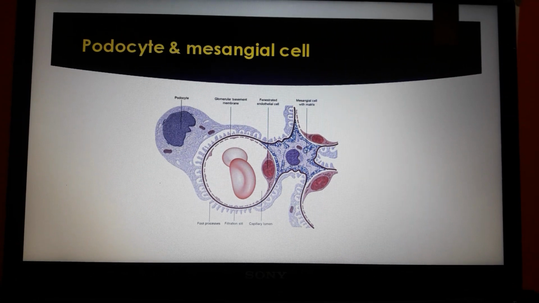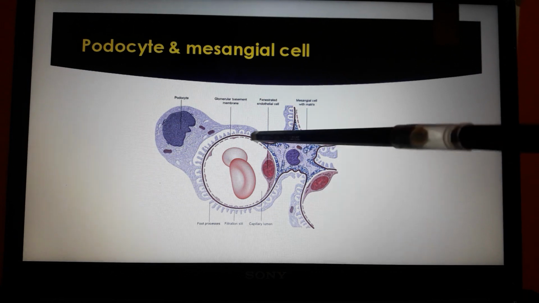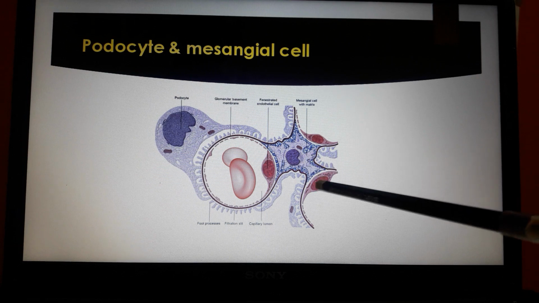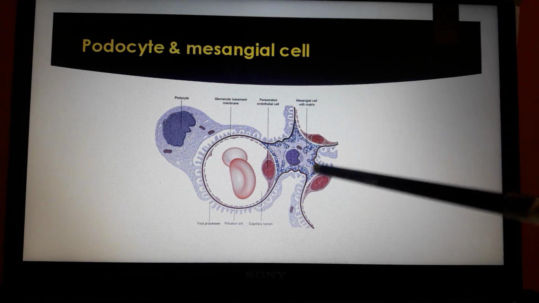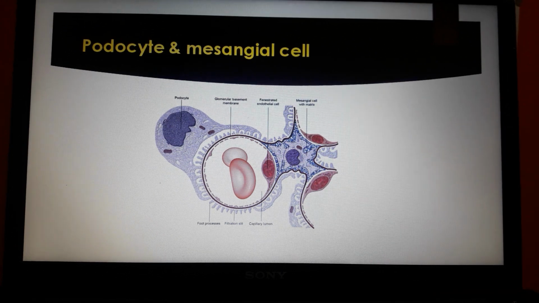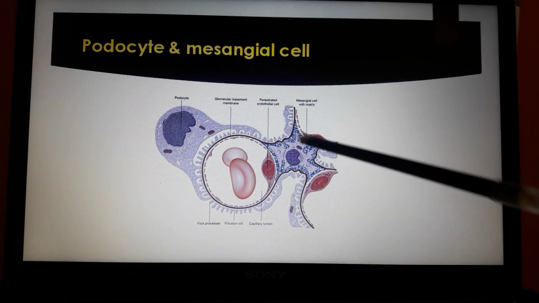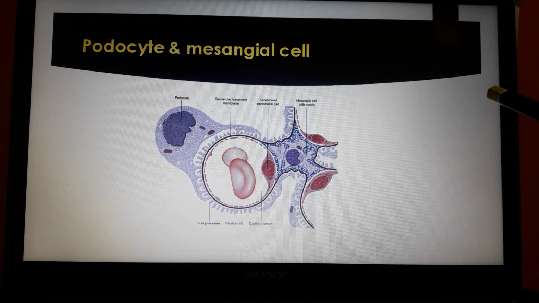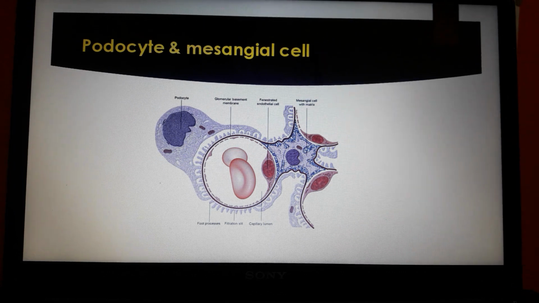Look, this is the podocyte, this is the site of the podocyte. They are situated between the endothelium and this brown color is the basement membrane. They are situated most likely between two capillaries, where the basement membrane has a space, and within this space the mesangial cells are present. And due to their contractile power, contraction of this cell causes kinking of the glomerular capillary, so the surface area changes and the glomerular filtration also changes. When they proliferate, it is mesangial proliferative glomerulonephritis.